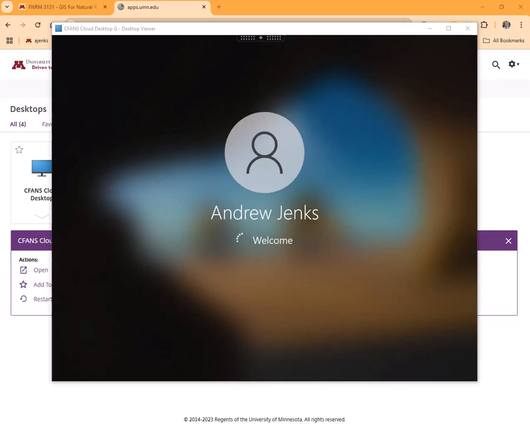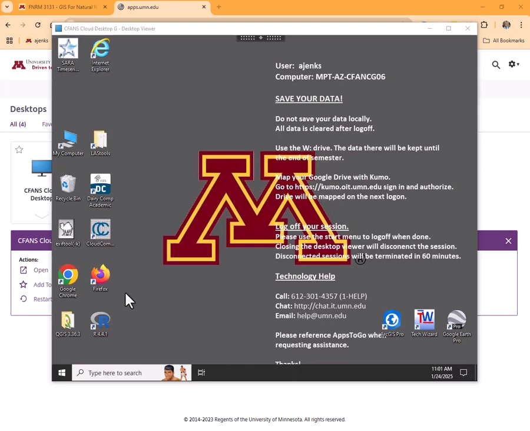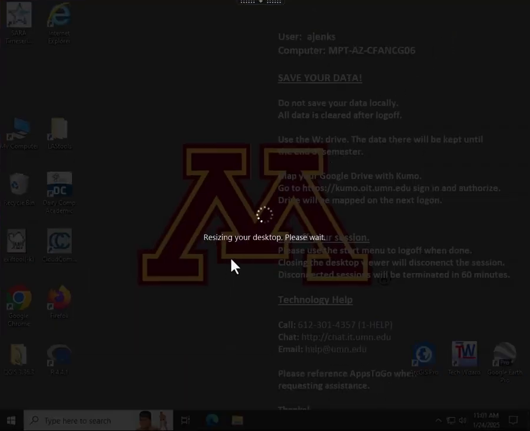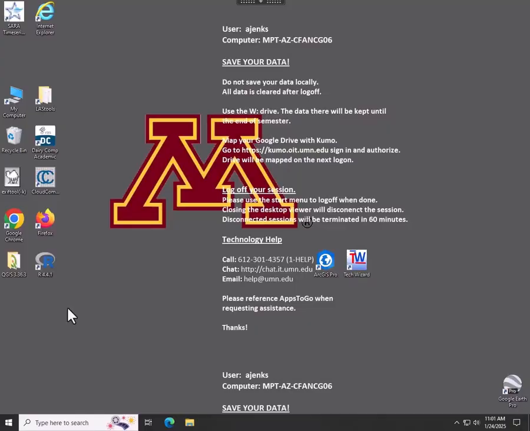I'm trying to get the sysop to set it up a little faster, so at the busy times he actually preloads some of these things, so it's a little faster. I'm skipping a few of the wait times. Okay, now I skipped some of the wait time using the CFANS desktop, and I'm going to maximize this so that you can see the whole screen. This is the way the CFANS desktop works, and I'm going to start ArcGIS.